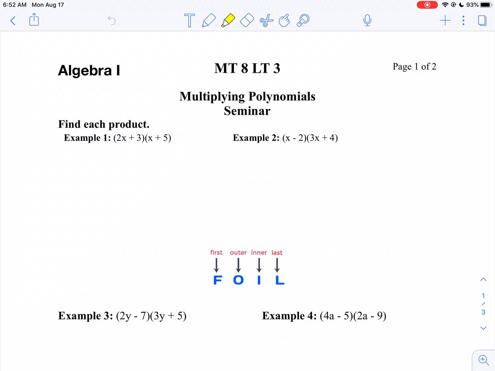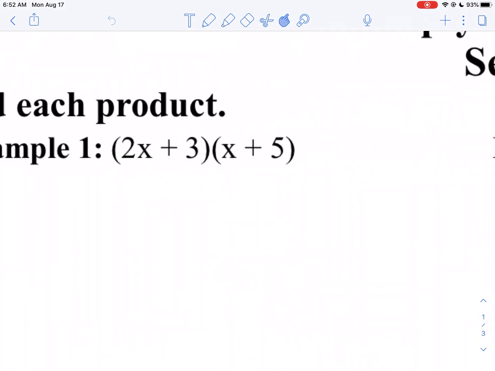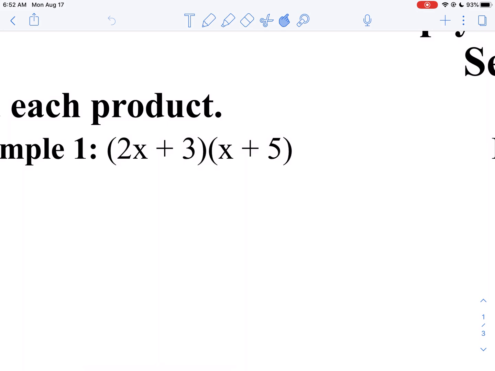Hello, in this lesson, we're going to be multiplying polynomials. Some vocabulary you're going to come across is the FOIL method and quadratic expression. When we multiply polynomials, we just distribute. We've done this before. The only difference is now we're going to distribute twice, because notice there's two terms in